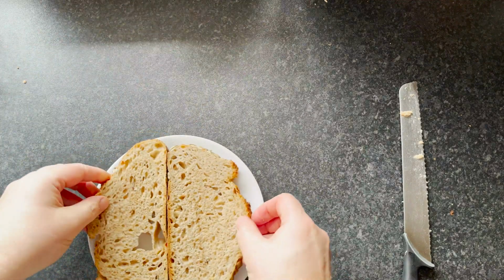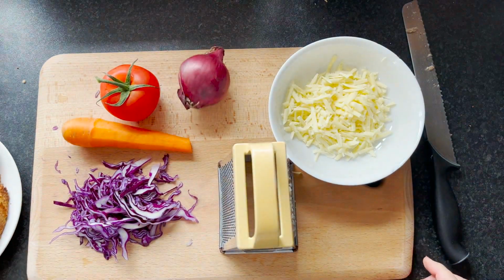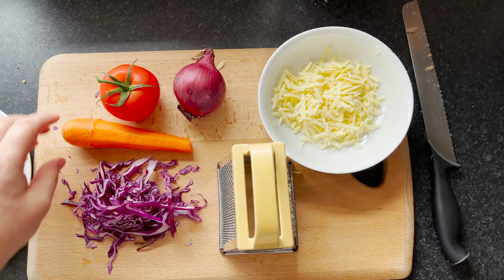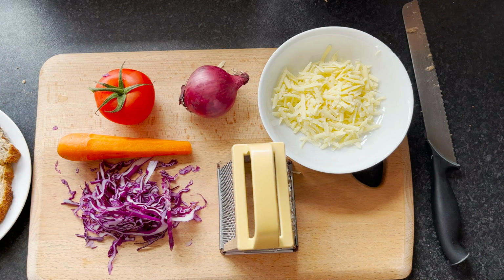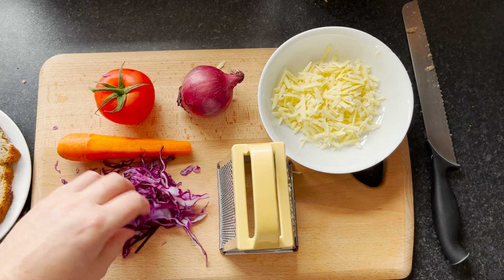So basically now what I'm going to do is do a nice topping for the bread there. So these are ingredients probably you've all got at home. Nice simple stuff. So just some grated cheese, nice strong grated cheese, some red cabbage, carrot, tomato and onion. So what I'm going to do first of all, just make a really nice vinaigrette dressing,